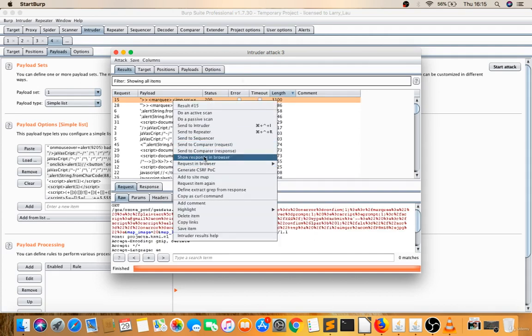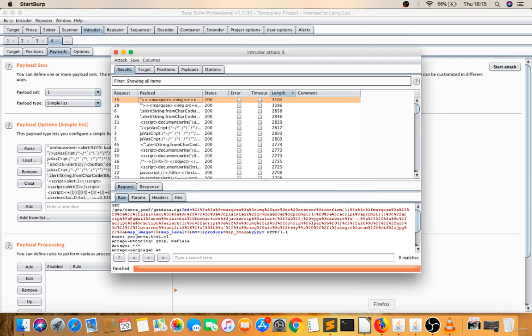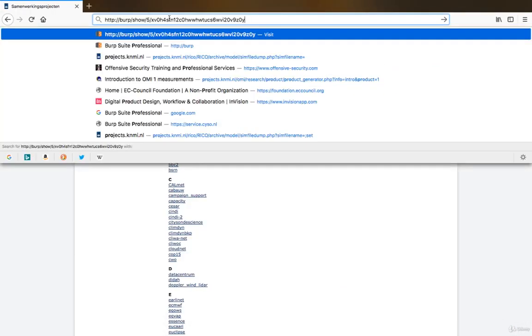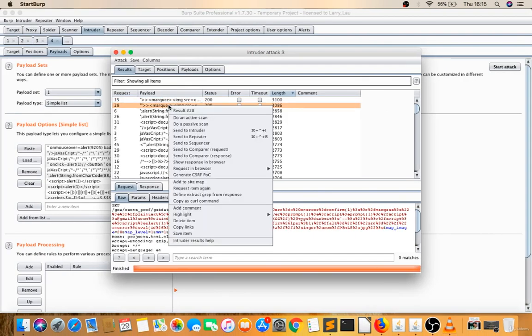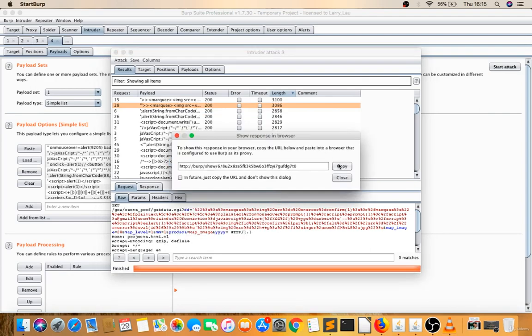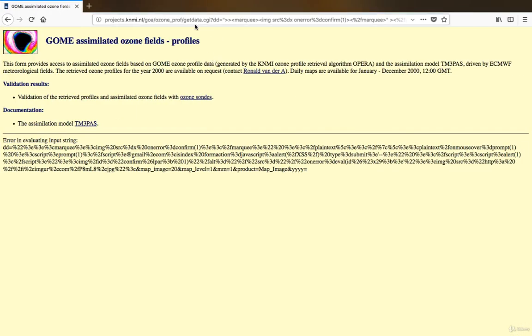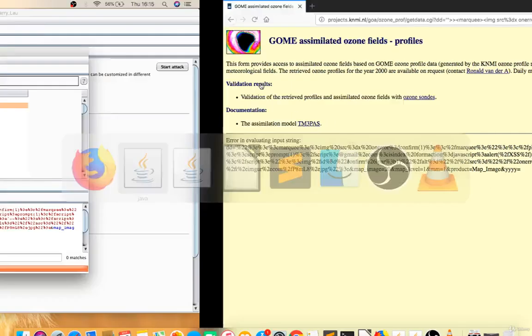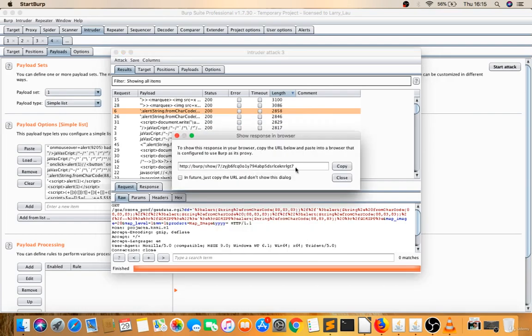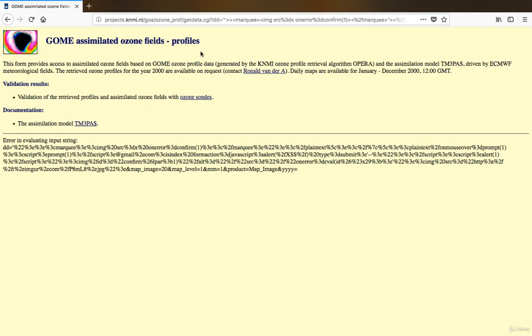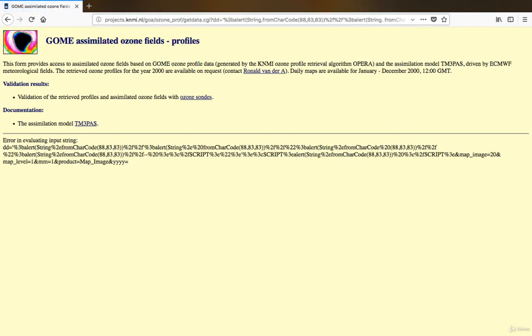Right click, show response in browser, copy this, let's paste here. So it's not executed. That means this may not be vulnerable, maybe. Let's try this. Right click, show response in browser, copy this. It's not executed. Let's try this now. Right click, show response in browser. It's not executed.